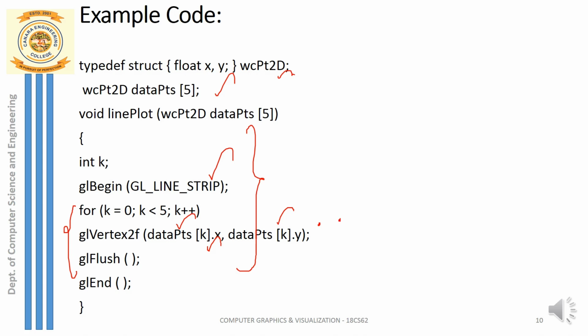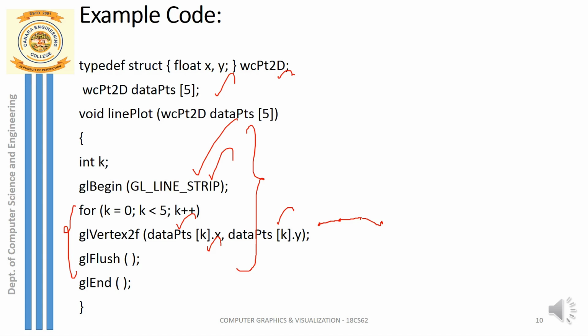So once you take up 2 vertices, a line will be drawn, because the constant is line strip. Now you continue with the iteration, third one. The next point will be taken, so the line is continued because it is a line strip. Next, the fourth point you take, so again the line is continued. But remember, it will be a continuous solid line if no GL line stipple is enabled.